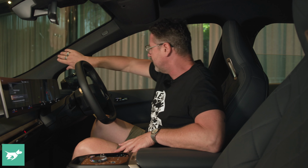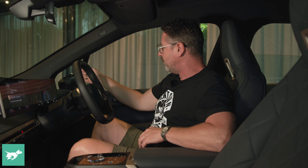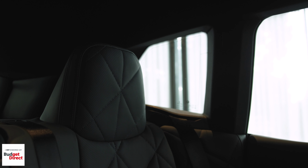The view out of the iX is reasonably good. There is a bit of a curvature at the bottom of the A-pillar here, but there's a little extra window here that runs between where it and the mirror is to give you a really nice view. And I just love the cleanliness of the design of the interior. It kind of mixes with that total minimalism and the sort of almost decadent luxury of having these diamond stitch